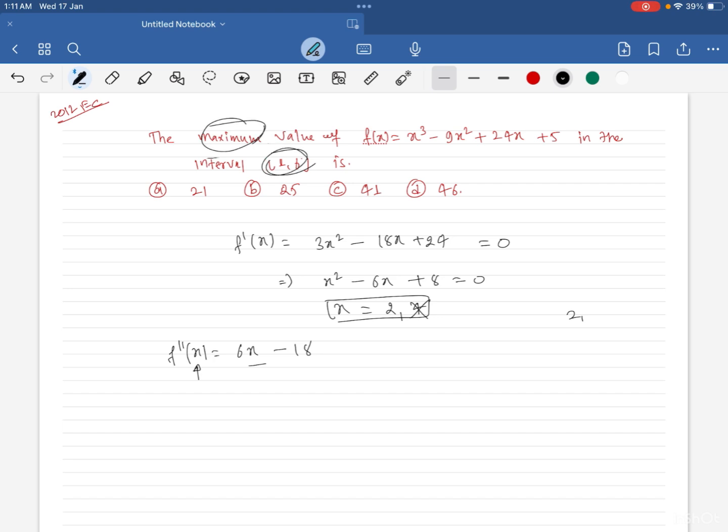Also we have to take care of the boundary points, right, so either we are going to get the maximum at f2 or f1 or f6, so whichever gives you the maximum value, that would be the maximum of this function. So f2 will be 8 minus 436 plus 48 plus 5, right,